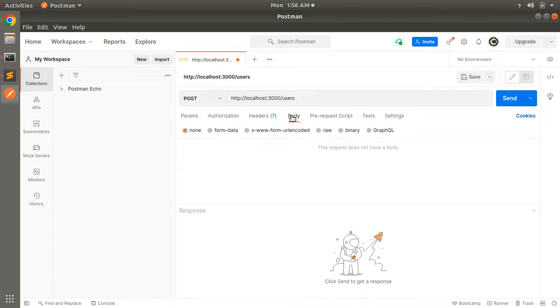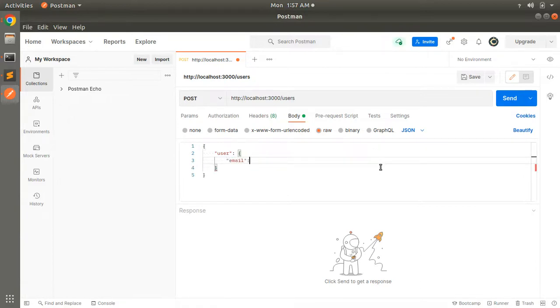Okay, and after selecting this, you need to send a request body. So first prepare the request body. Select the raw option, and then select the type of the request, that is JSON. And now here you can prepare your request body. Into that request body, first select params, that is user. And into this user param, you need to provide two key value pairs, that is